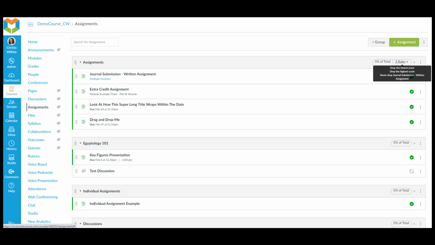Additionally, if an assignment group contains assignments that fall into multiple grading periods, grades may have unintended consequences when calculating